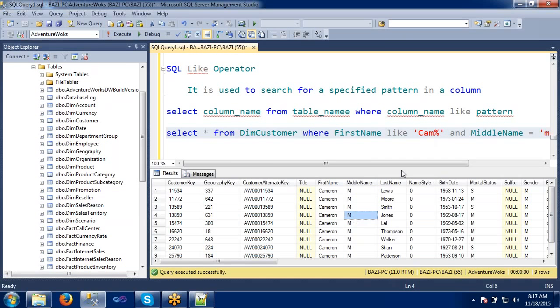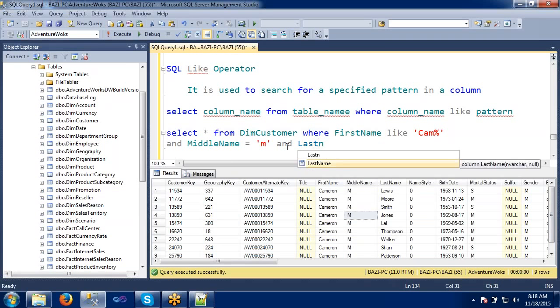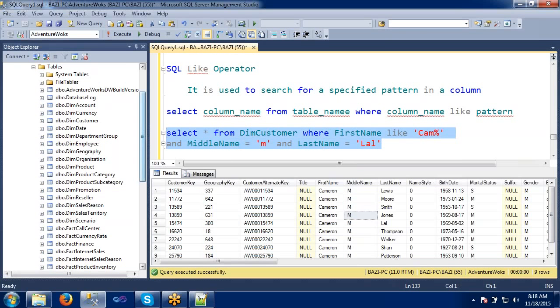Okay. Still, if you want to filter out some more, again we can apply one more filter here, and the last name is LAL. Let's see. So we have only the one record.